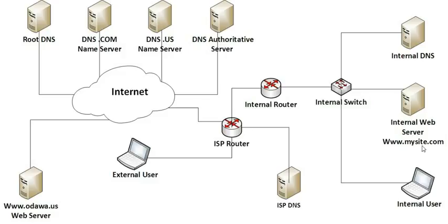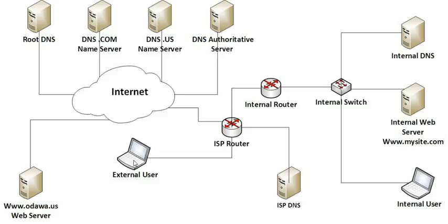As you can see, mine is a .com website, so the .com name server might know more where it is. So it'll forward a request from the external user to the .com name server. From there, the .com name server doesn't know exactly where it is, but it knows where the servers are that do know where my address is. So it will send a message back to the external user stating the IP of